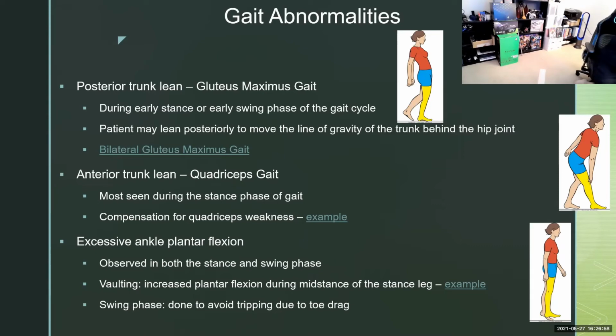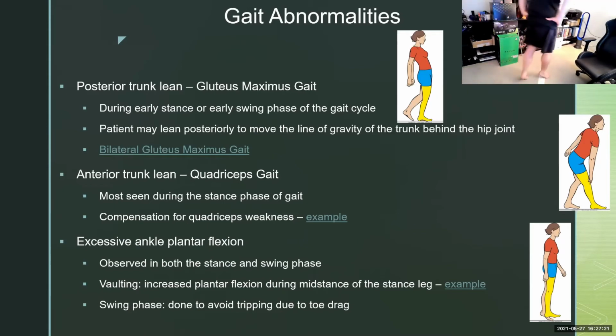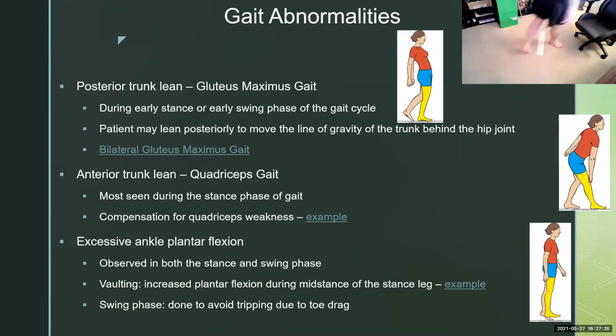Excessive ankle plantar flexion, observed in both stance phase and swing phase. This is common with kids. So we're going to talk about what's called equinus gait. Does any of you have kids that walk like this? Where they walk on their toes? At a playground, I saw a couple kids walking like that. Yeah, right. And interestingly enough, that's a normal childhood development. Sometimes they walk like that, but it can also be a sign of CP, cerebral palsy.